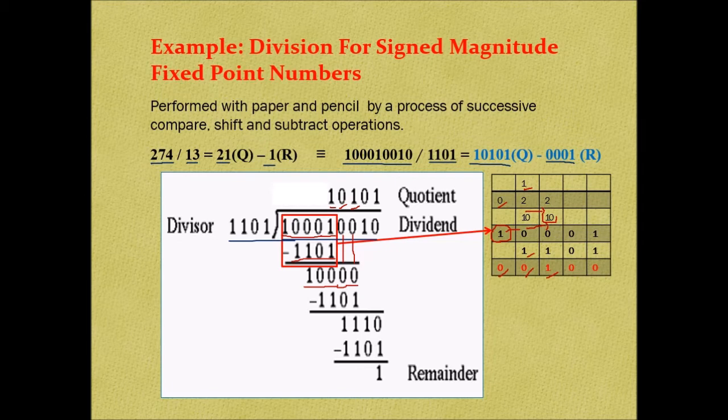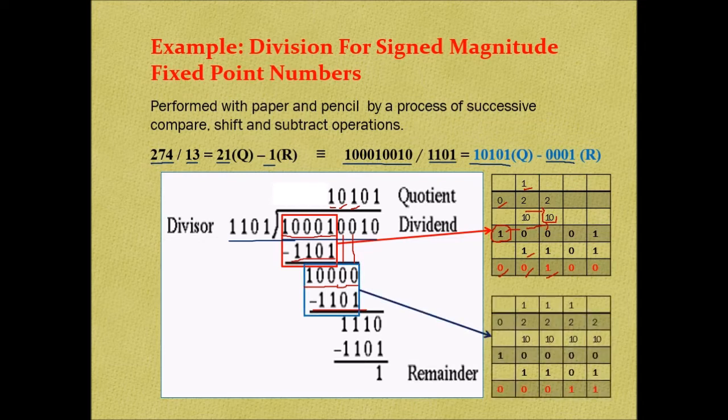Once I put 1 here, this 1 is multiplied by the divisor and the result is put here. So now again I have to perform the subtraction in a similar way. Here also we can see that I have put all the bit values here. The first bit is now 0, which means a borrow is required. Now all the bits are 0.